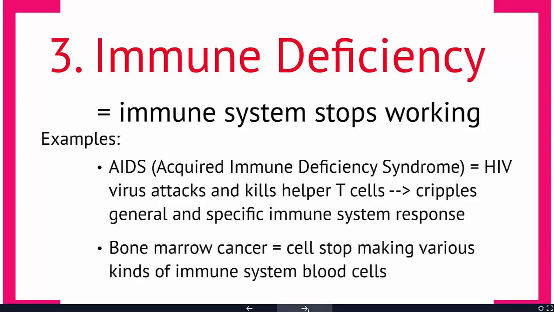So if you get bone marrow cancer, you're going to stop making all of these different kinds of immune system cells, and that's going to result in immune deficiency as well. Your cells are just reproducing, they're not making white blood cells that you need, and your immune system is not going to function anymore. So people with different kinds of lymphomas or bone cancers often, again, are very susceptible to simple infections, especially bronchitis or other kinds of lung infections, and they can be fatal because their immune system just isn't functioning properly.